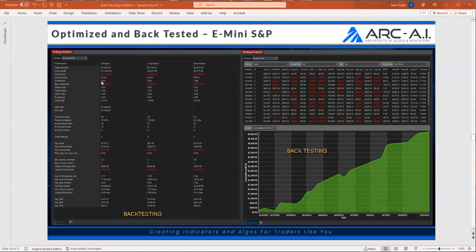Very large profit factors, very low drawdowns, very high win rates, very good ARM multiples. Everything you could ask for in an automated system came from this. And I knew that. I know that's an arrogant comment, but it's not meant with arrogance. I knew that this software would be very, very good because I know that the support and resistance levels are very, very effective.